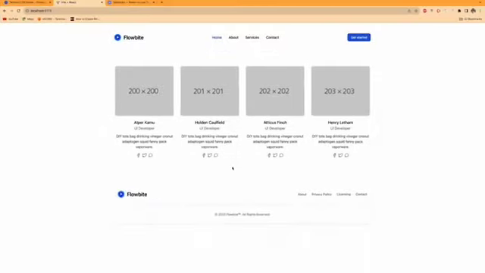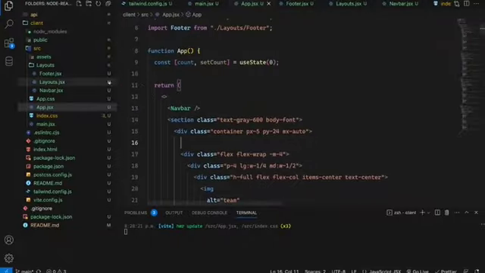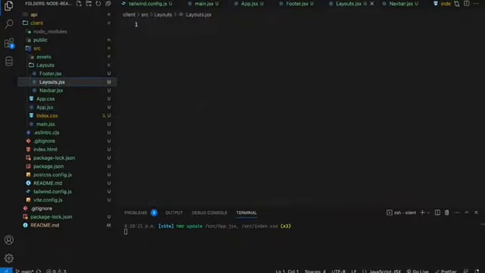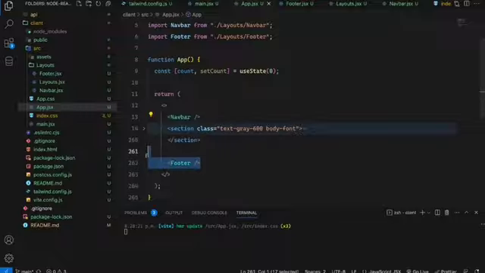Okay, so when I check, everything is now fine. So for the layout, we don't have anything. So when you do it like this, you need to import navbar and footer every time whenever you are trying to make a new page. I don't like this. That's why what I'm going to use is